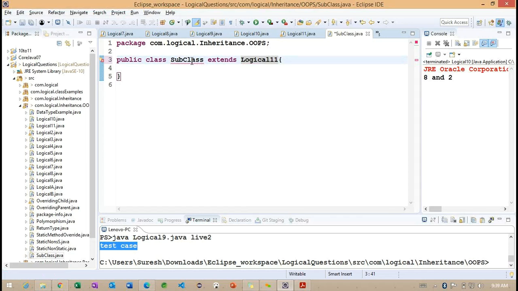Now if I add a public constructor here, what happens internally? It is going to take an entry A and super A.